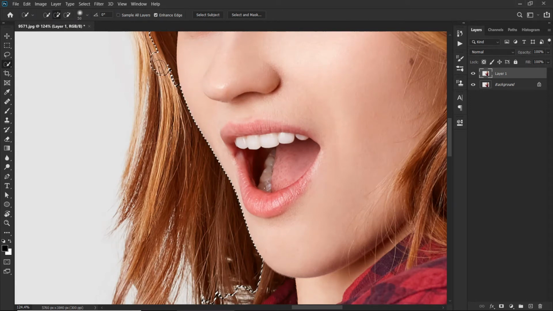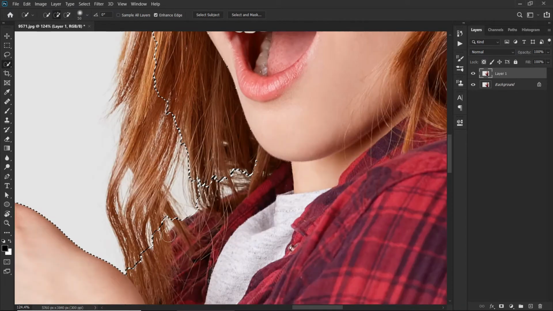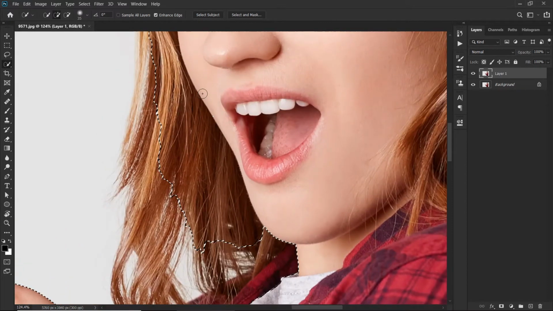So let me just quickly add this again, and we need this area also, so I will use the pen tool here to add this area, because the quick selection tool will not figure out this area. Let me just remove this area. Okay, yeah, that's fine. Okay, let me just include this. Let me just include these things also. Okay, let me just remove this a little bit.